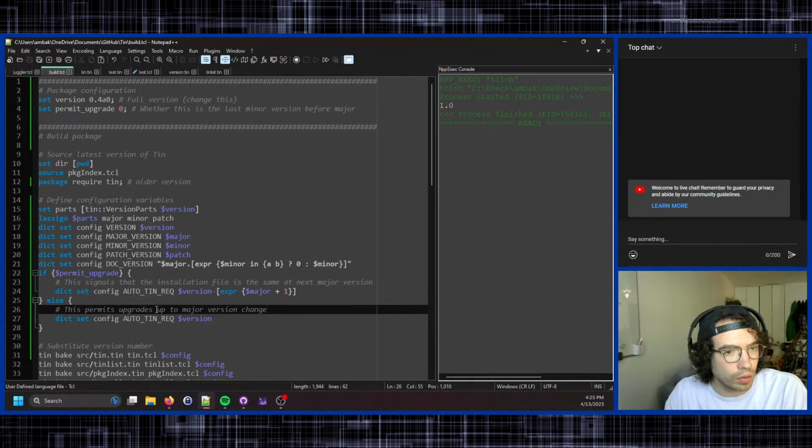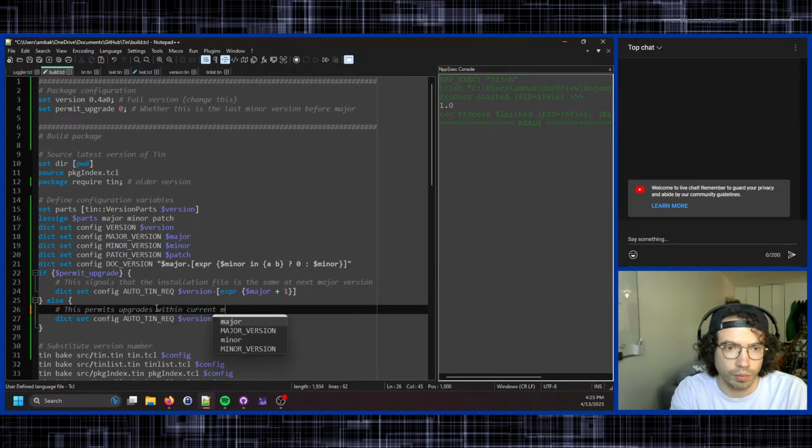Upgrade within major version and not change